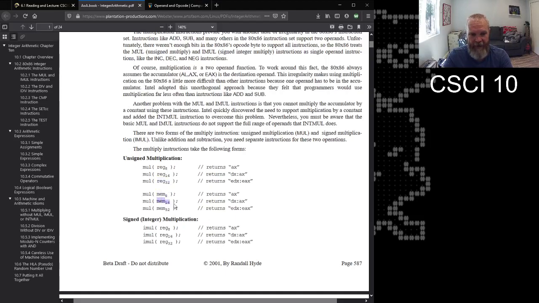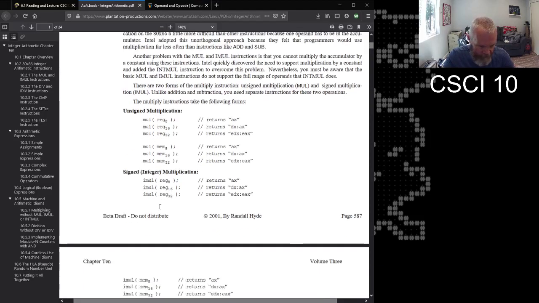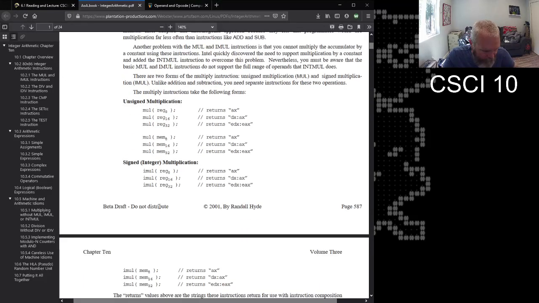A mem16 is a 16-bit variable, and a mem32 is a 32-bit variable. So what it's telling you here is that when you use the official Intel mul instruction, you can use it on 8, 16, or 32-bit registers, or 8, 16, or 32-bit variables that you have declared in memory. Those are the actual Intel instructions.